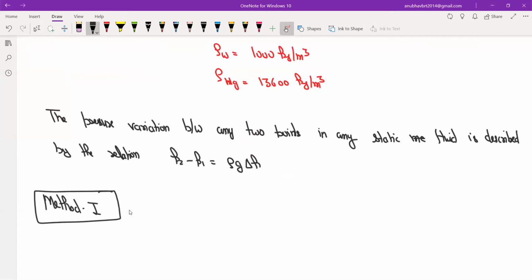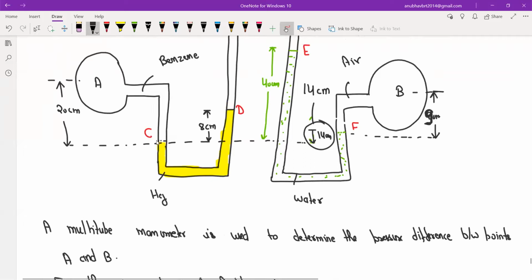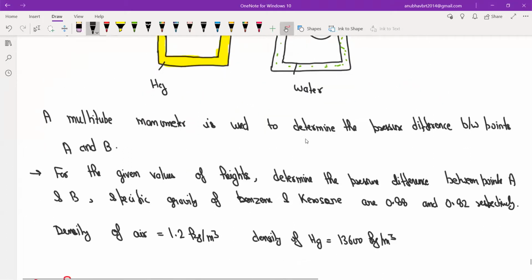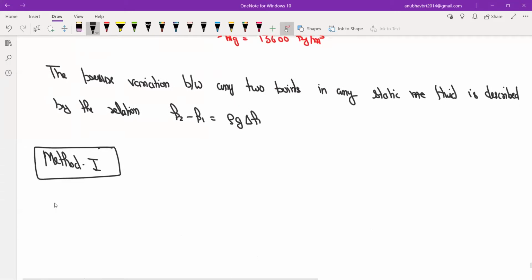First, apply this equation between point C and A, then C and D, then D and E, then E and F, and then F and D. This method is relatively simple as compared to the last method. So we can write PC minus PA